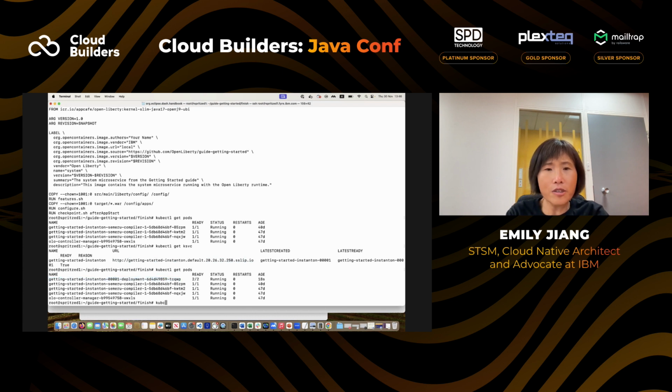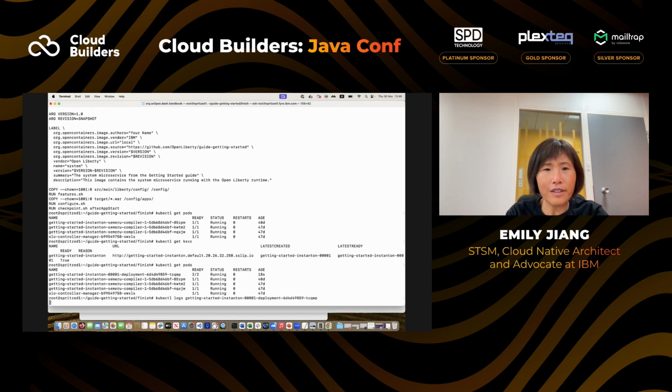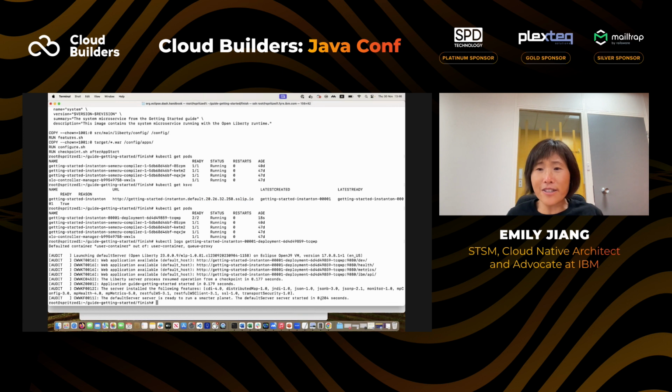If I do kubectl logs, you can see my application started in 2.04 seconds, and all the endpoints and MicroProfile features are available here. So this gives you a quick demo of the power of open standards. I don't even know what cloud it's running in. Actually, this application is running on Azure cloud.